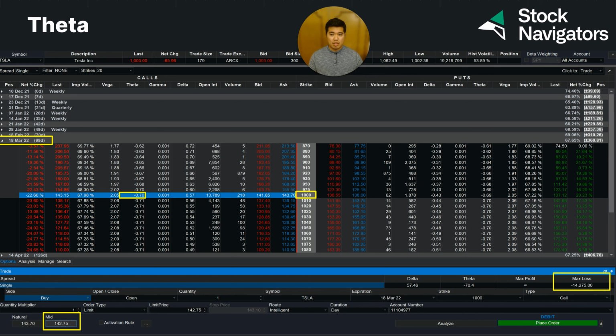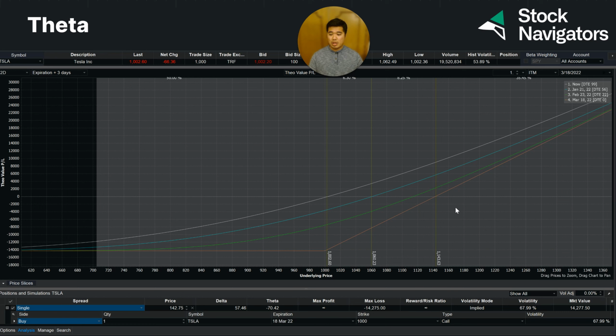If you look at the theta column, on average as of now, every day you will lose about $70 for the time decay, and that amount is also reflected in this box showing the theta number. So when we go to analyze this option, the single buy call at the $1,000 strike price on Tesla